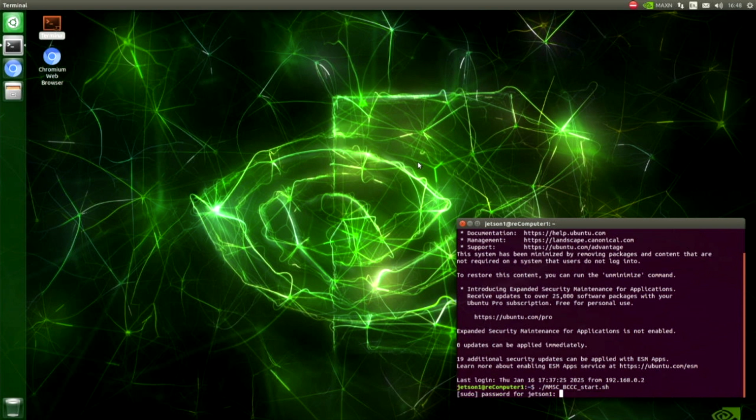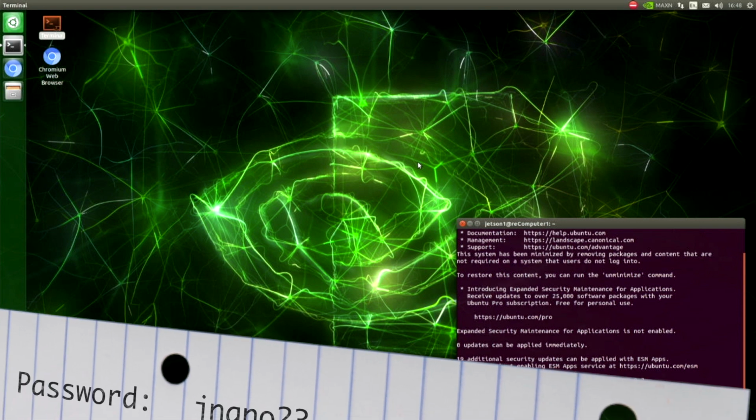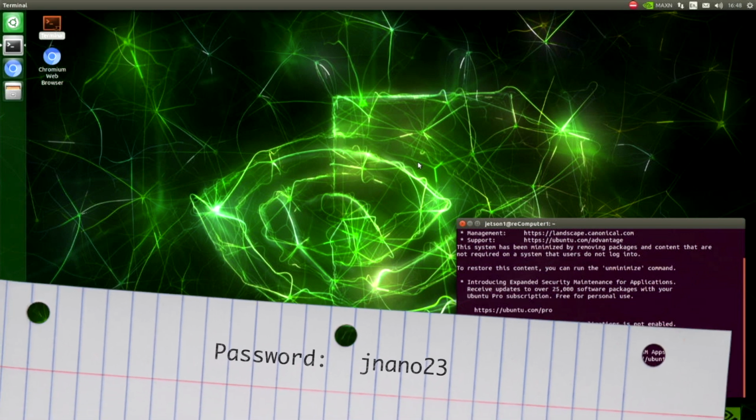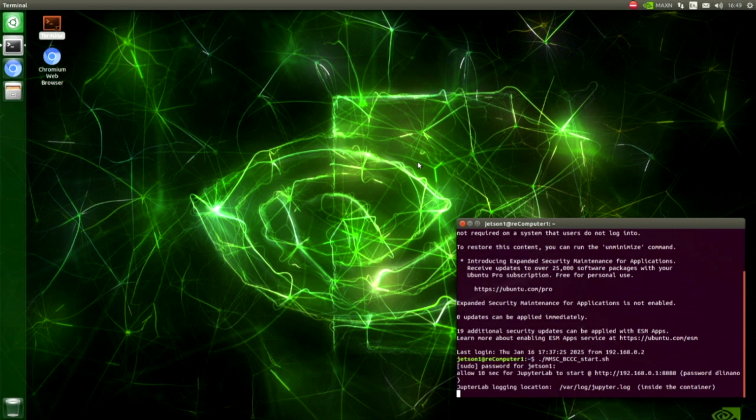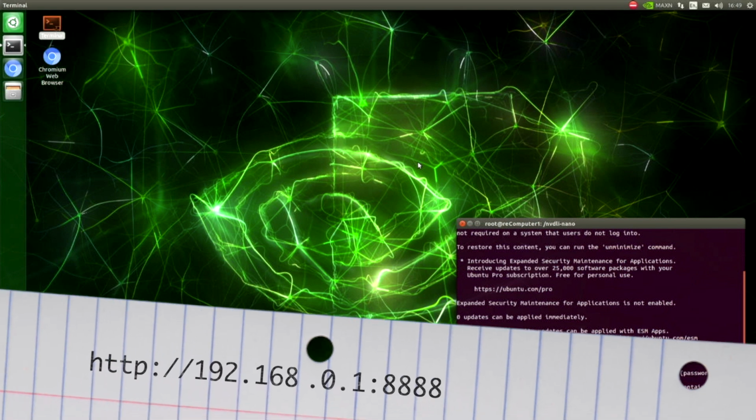The password again, JNANO23. And give it a bit of time. At the moment, it is launching the Docker environment for the machine learning code that is written in Python. The Docker environment is provided as part of the Deep Learning Institute's course. And you can see here that it has started a Jupyter Lab server, and it provides an IP address to access that server, HTTP, and then